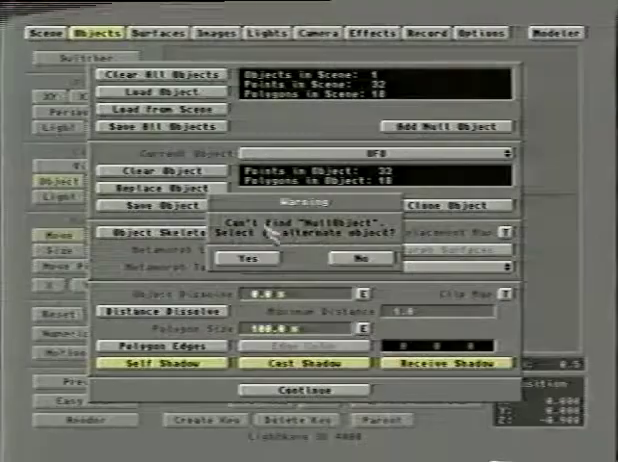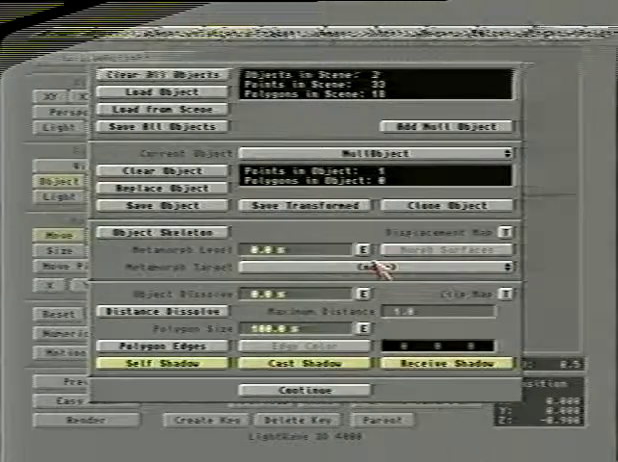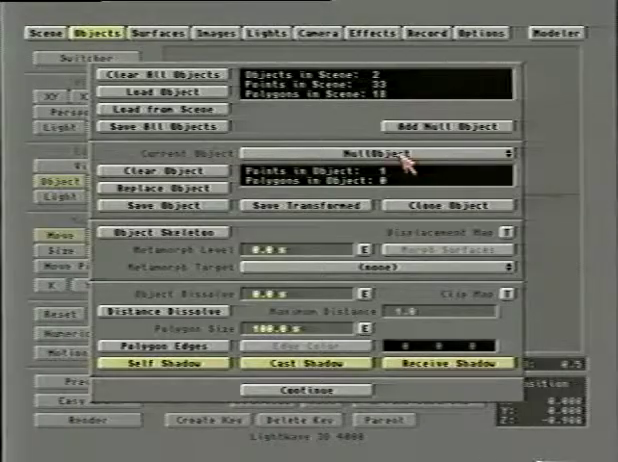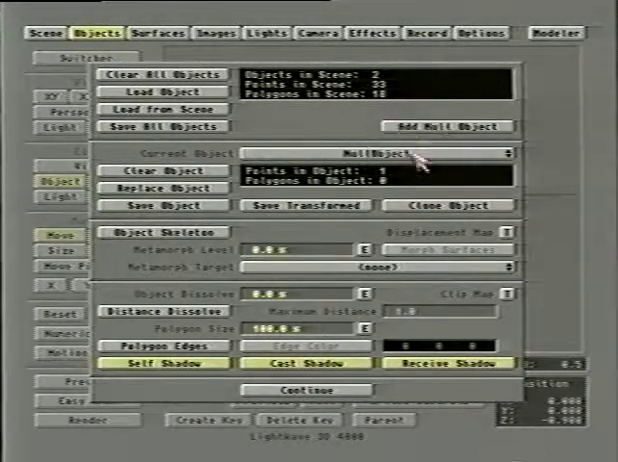When this comes up and says can't find null object, select an alternate object, just hit no, and it will replace the null object with a null object. And that's what it does. So now we have two objects. We have one object in the scene, the null object and the UFO here, both of these. And what you'll see is,